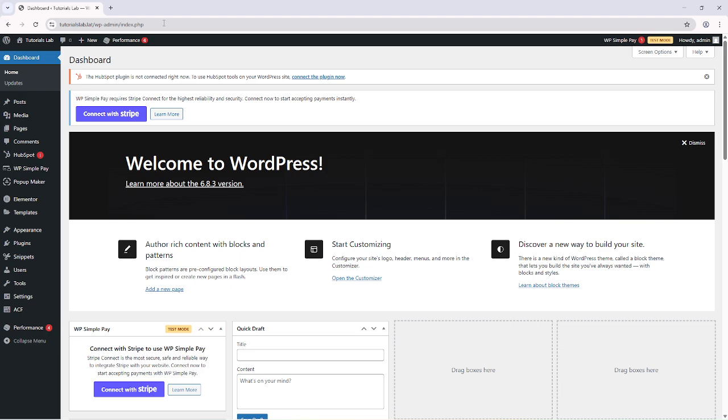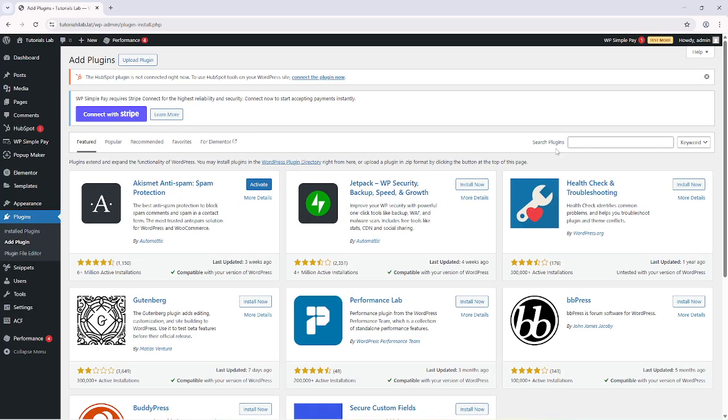Next, look over to the left side menu where you'll find various options for managing your WordPress site. Hover your cursor over the option labeled Plugins. When you do this, a submenu will appear with several choices. From this submenu, click on Add Plugin. This action will take you to the plugin installation page where you can search for and add new functionality to